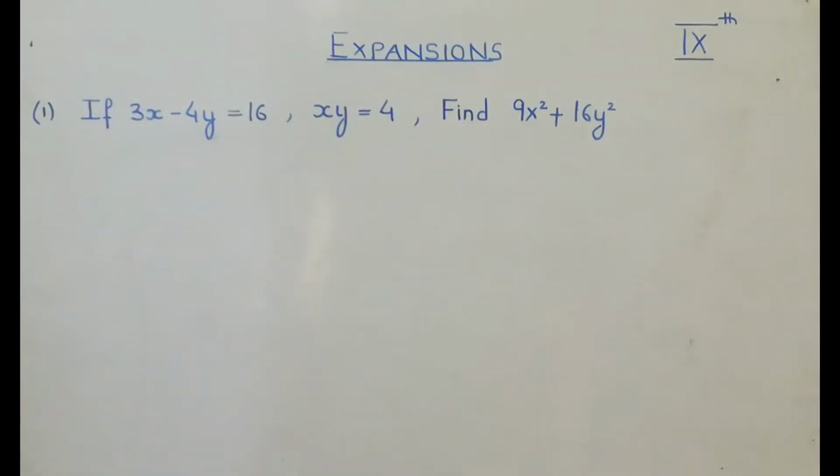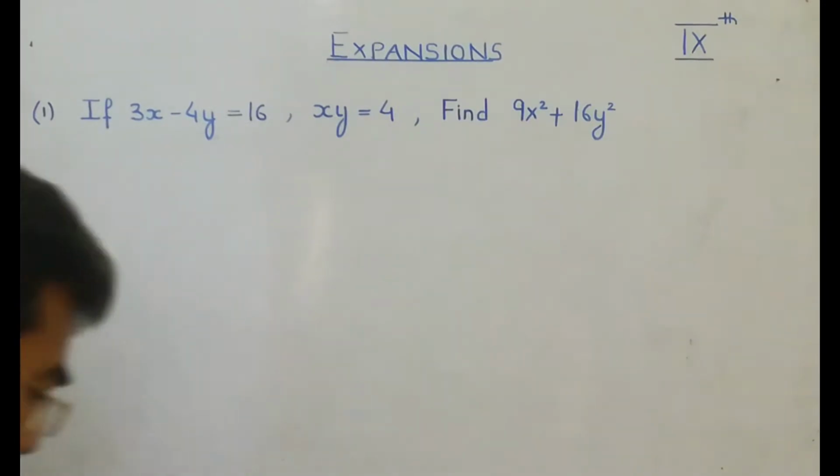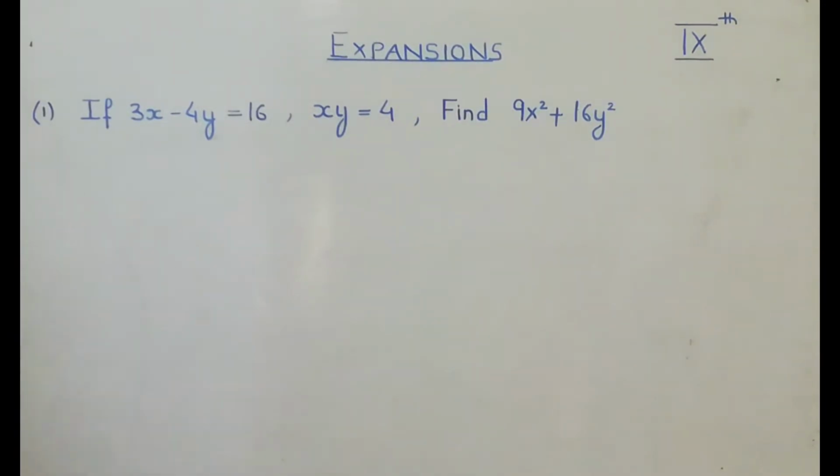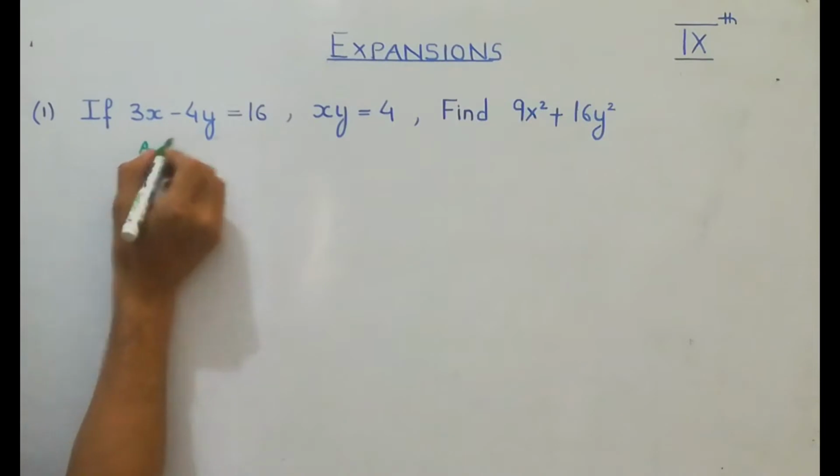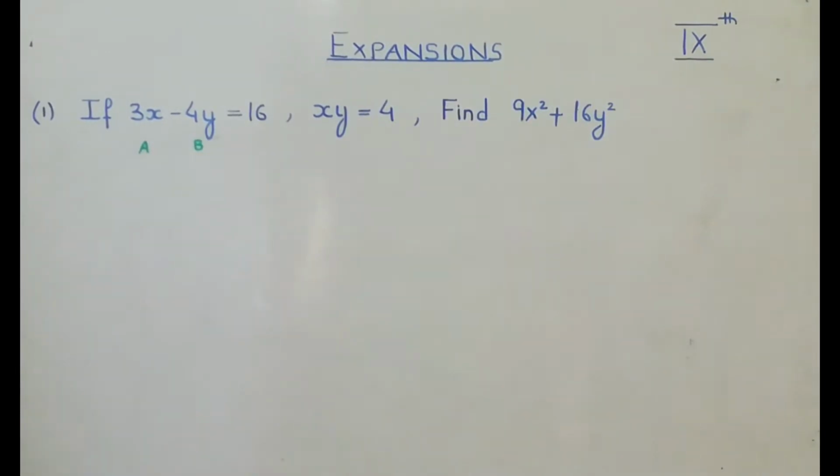Now in this question, what we will do is always read the given question in terms of A and B. Every time they will be giving two terms, either in the square form or in the cube form. We are always going to read them in terms of A and B. Before starting, you have to keep it in mind that, as you can see here, we are going to read it like this: A, and this one as B.